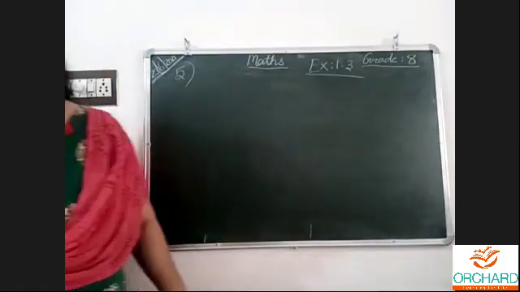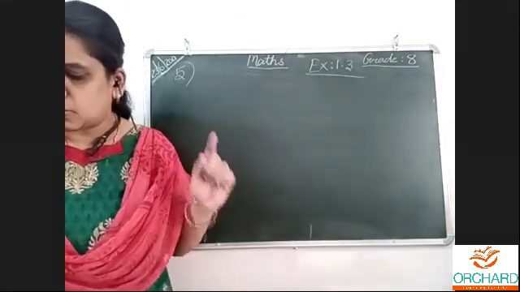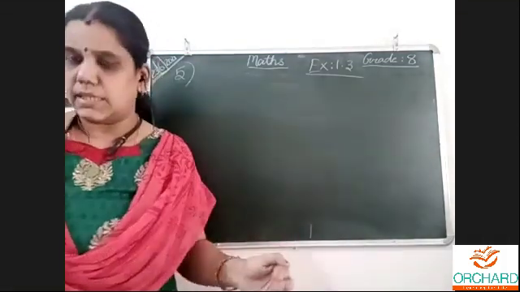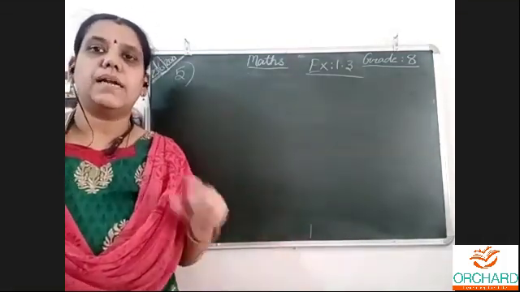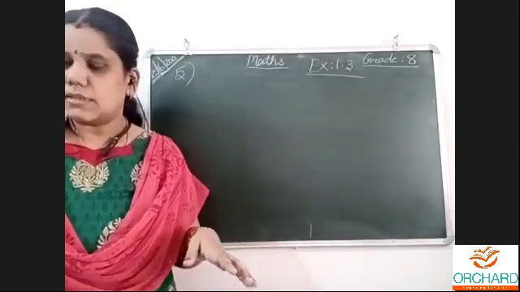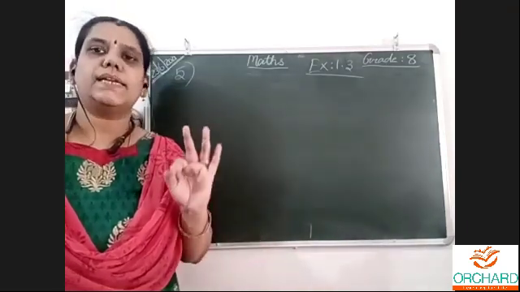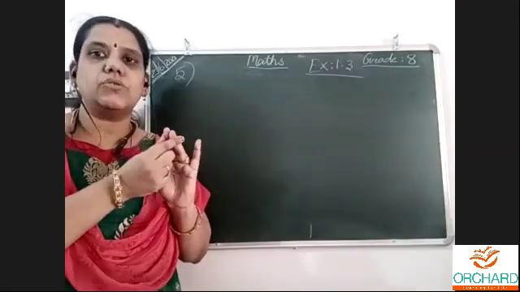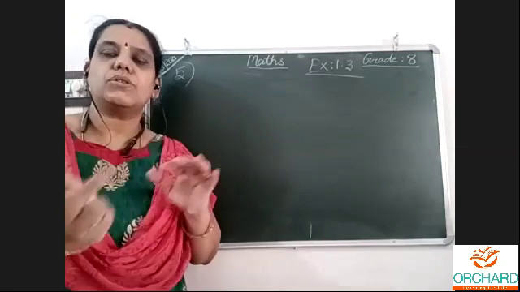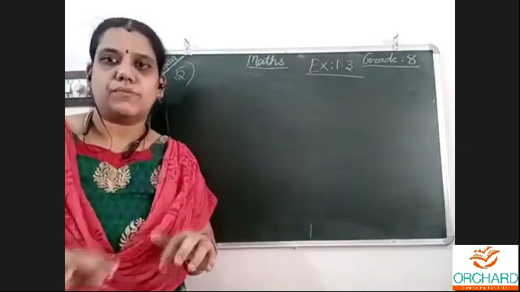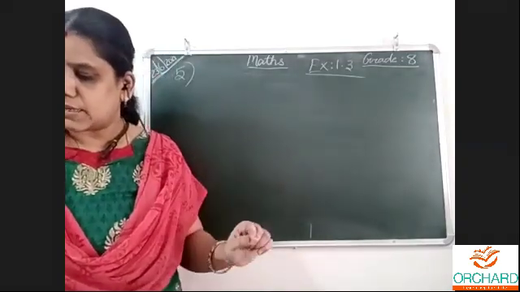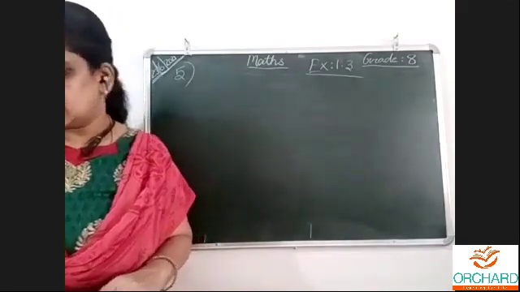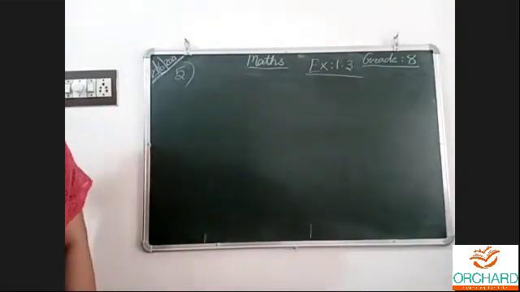Question number 5. Verify that the associative property holds true for the multiplication of the following sets of rational numbers. Now we are going to see the associative property of multiplication of rationals. With 3 numbers, the first number is multiplied by the second, and the first 2 are multiplied by the third. Both answers are the same or not, we have to verify. They say verify that it holds true, which means it will come true. Verification means that.